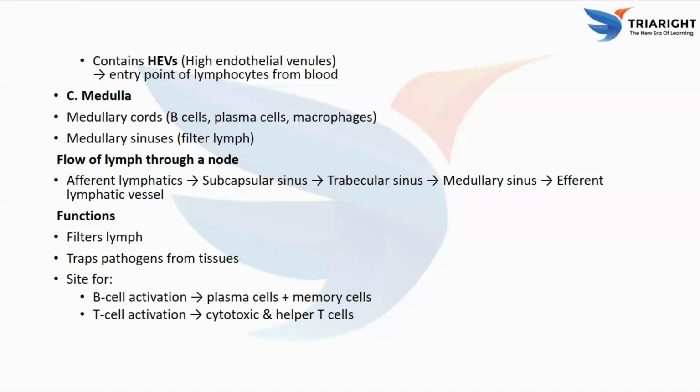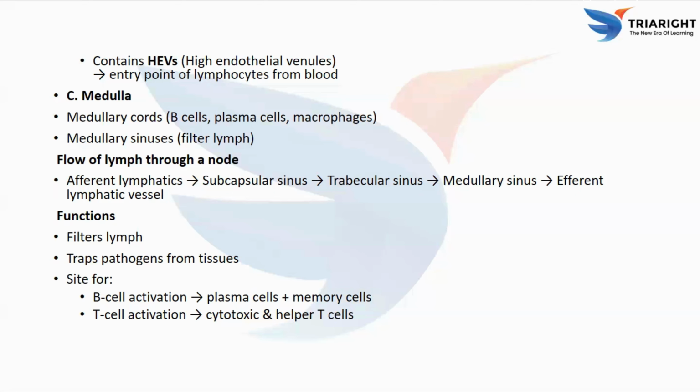And lymph nodes are the site for lymphocyte activation, like B cell activation. This B cell activation occurs in the secondary follicles, nothing but the germinal centers. So the outcomes are plasma cells, which produce the antibodies, and memory B cells, for long-term immunity. Next, T cell activation occurs in the paracortex region. So what are the outcomes? Cytotoxic T cells kill the infected cells, and helper T cells help the B cells as well as other immune cells. So this is where adaptive immunity becomes powerful and very specific.